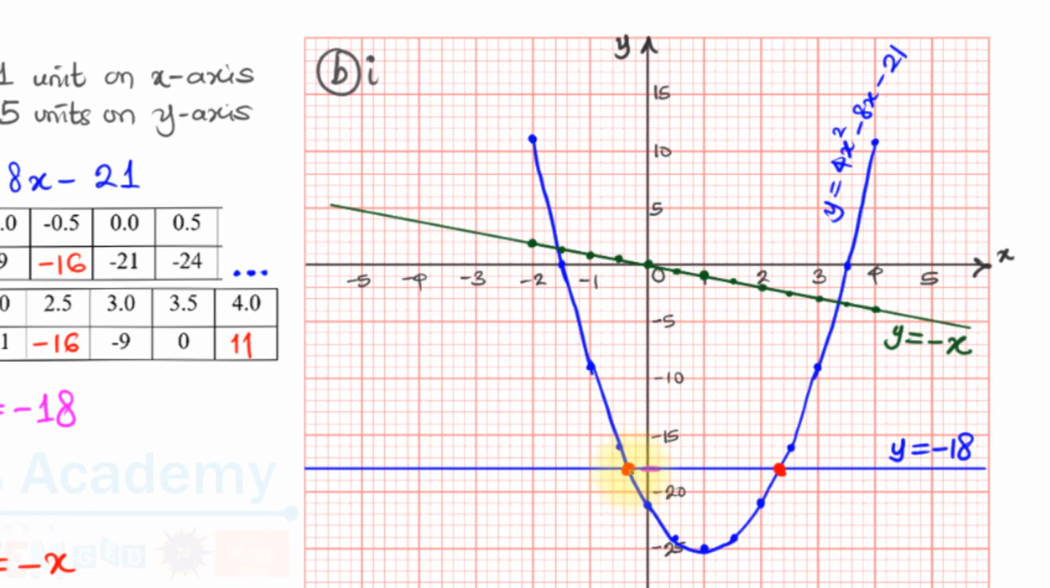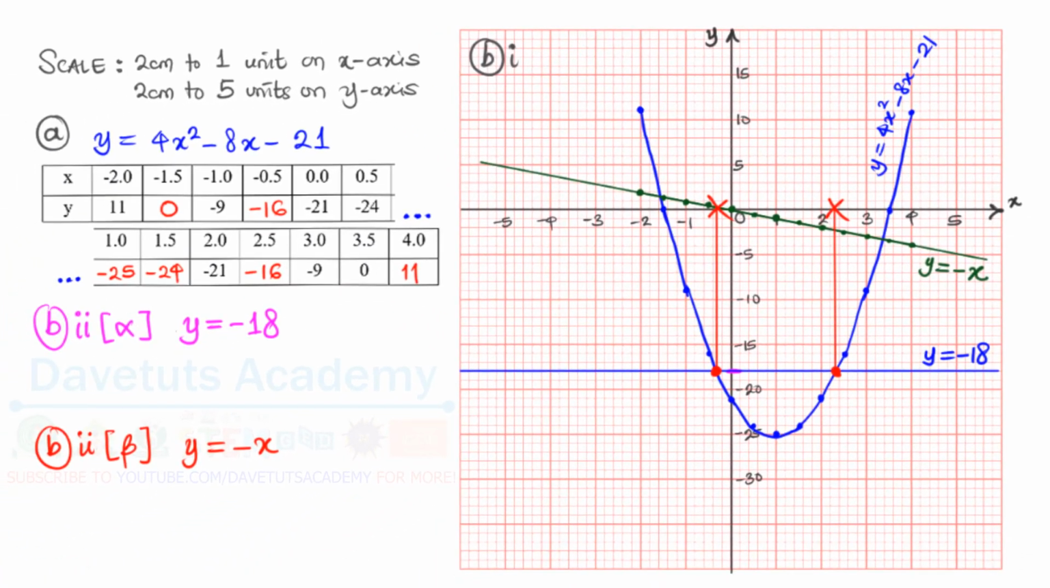So if I want to trace, I just want to take my red ink and use that to trace. Okay, and here also. So this value here and this value here are going to be the solution to this particular first question. So the solution is